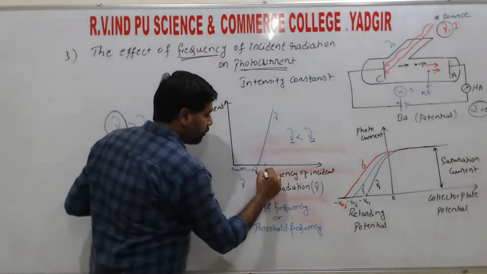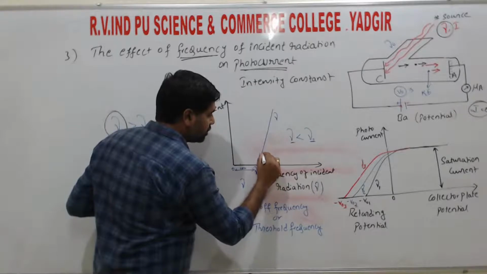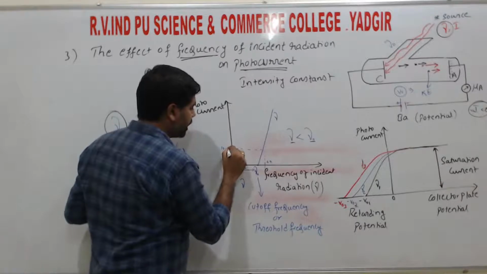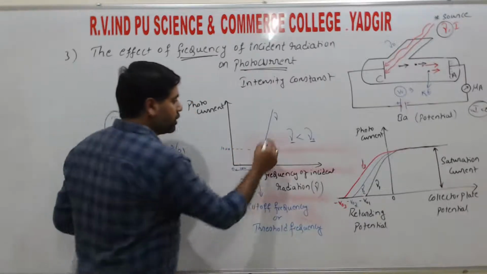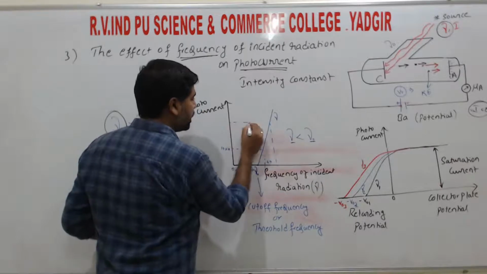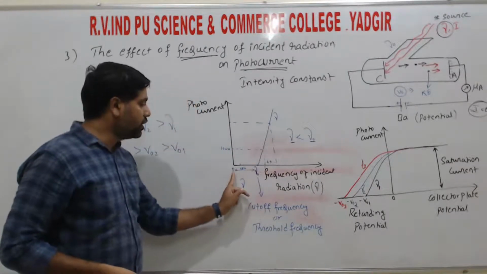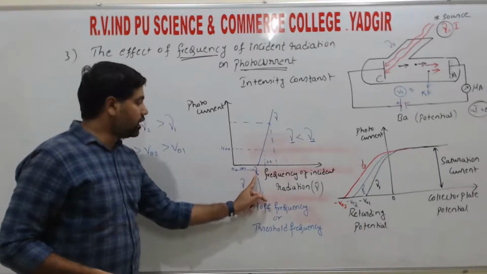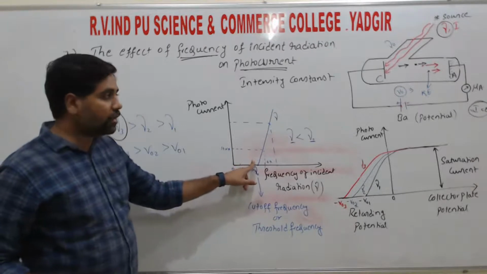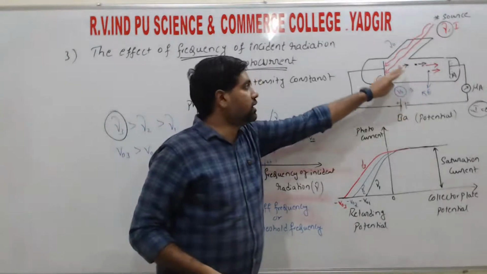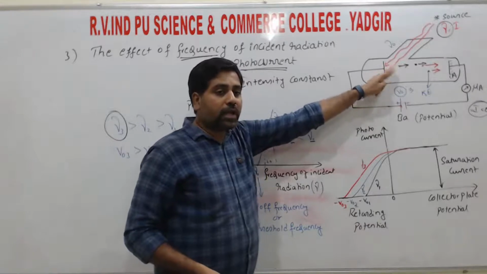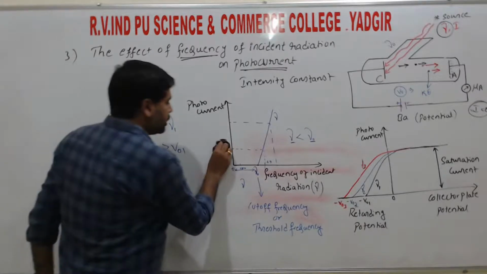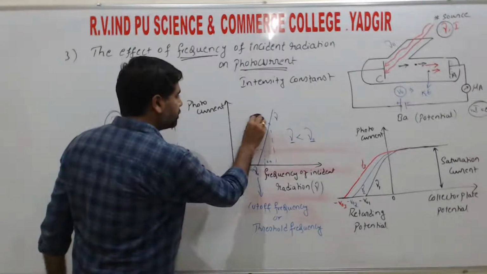If you observe here, if I take some 60 here, then we get a current of some 10 microampere, right? In a similar way, if I plot for other values, then I will get the current. But between 0 and nu naught, that is between 0 and the cutoff frequency, there will be no current. No current is nothing but no flow of electrons. That means there will be no emission of electrons, right? This is the observation which we studied, that is frequency